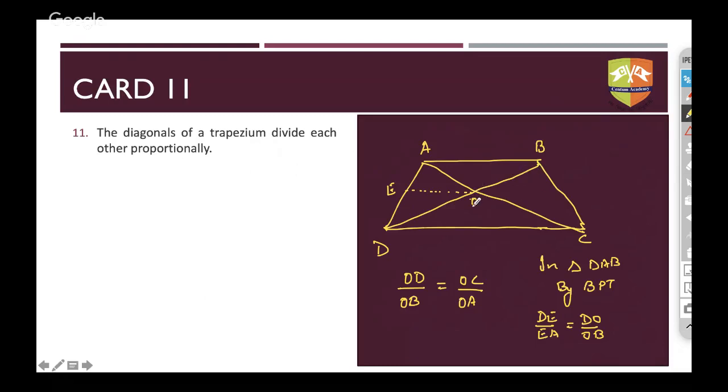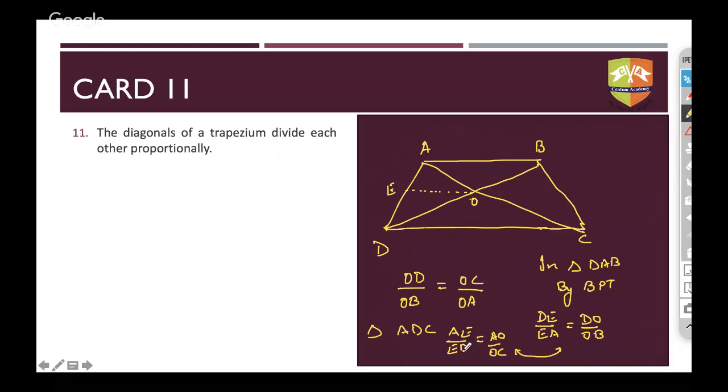And by Thales theorem again, in triangle DAB. Similarly, you can also take triangle ADC. In this also again, AE upon ED is equal to AO upon OC. So if you see these two, using these two, you will see,